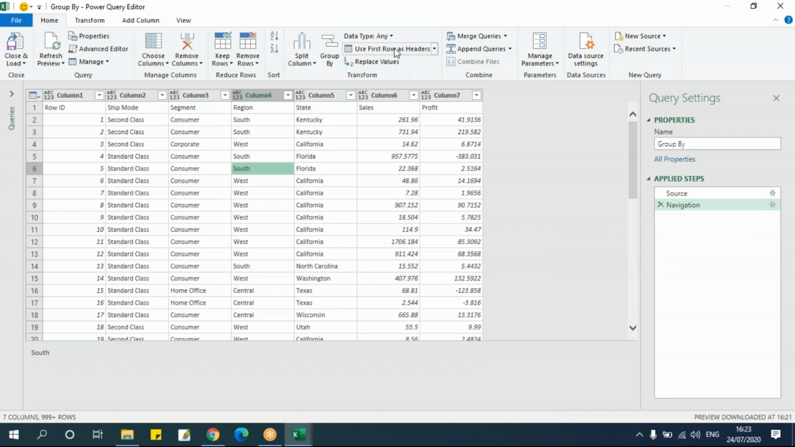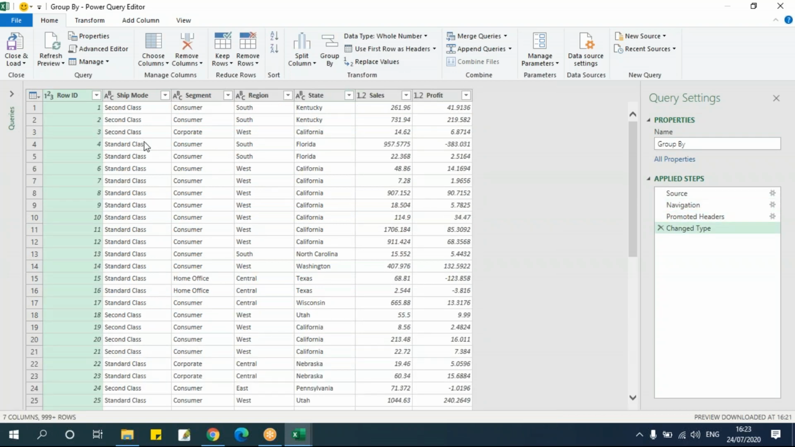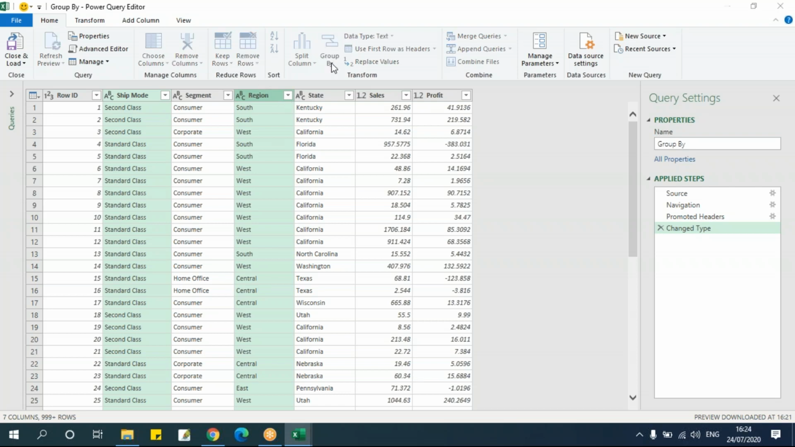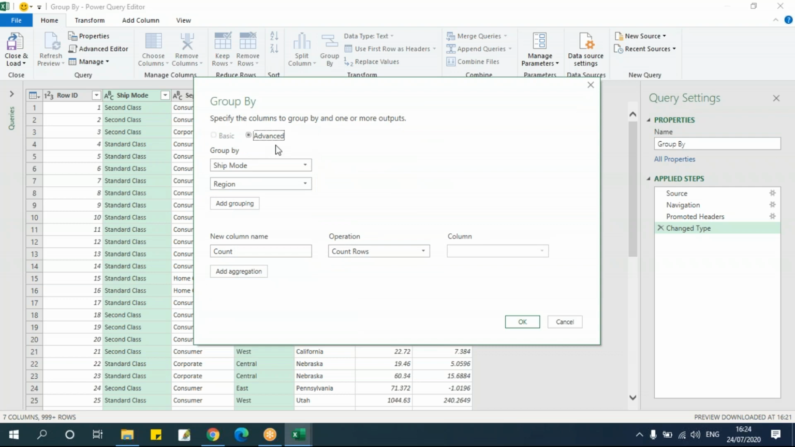First we'll select one column and then we'll select this region. Now we'll go to this group by. See, automatically we'll go for advanced. Suppose if I'm in basic, it will select only one column. Now mention it as advanced. Design group by ship mode, region, which I can also add more grouping. As of now, this is more than enough for us to learn. So ship mode, then region. Then here it says new column name, the column name whatever I'm creating now,